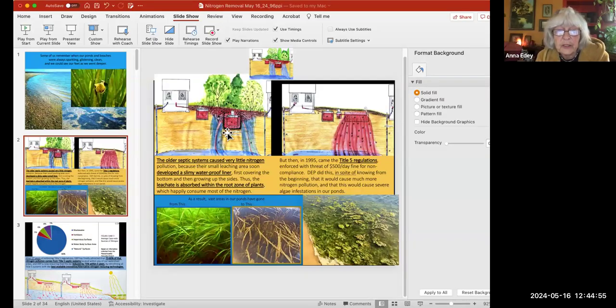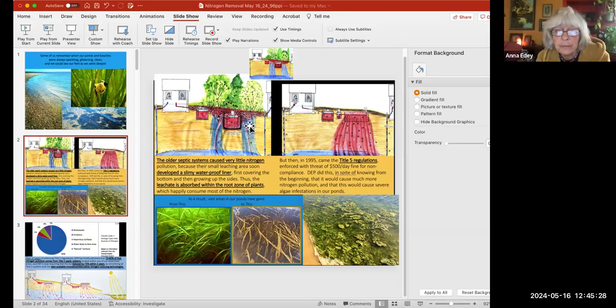The small leaching area soon developed a slimy waterproof liner, first covering the bottom and then growing up the sides. Thus, the leachate coming from the septic tank going into the leaching pit goes out in the upper root zone, where it is absorbed by the plants, which happily consume most